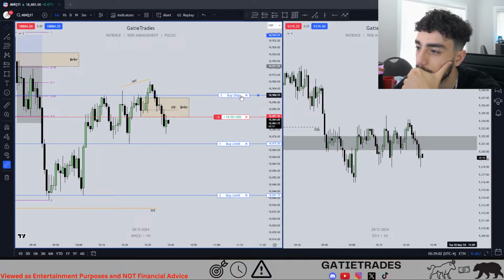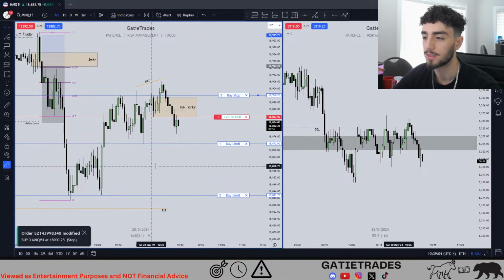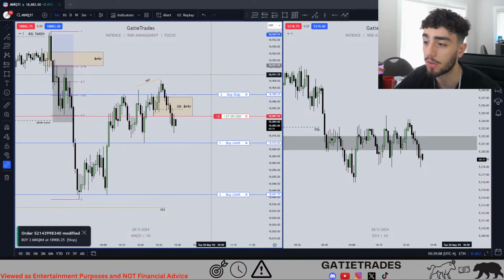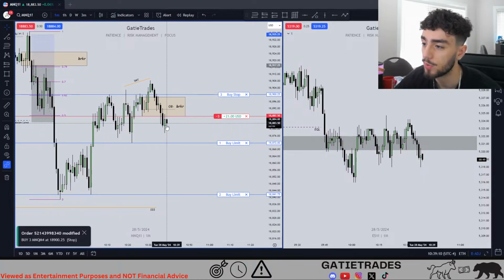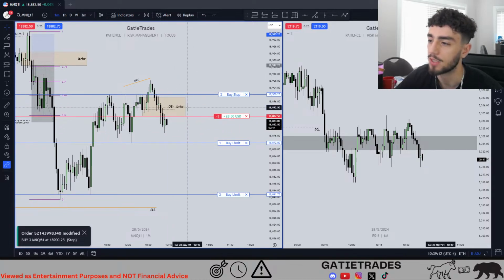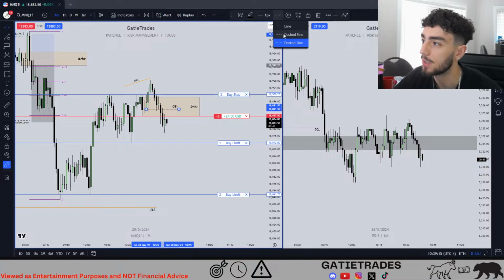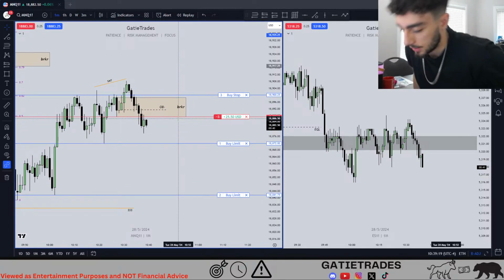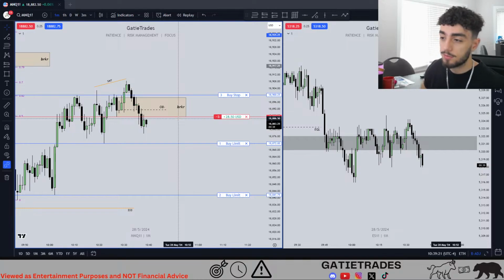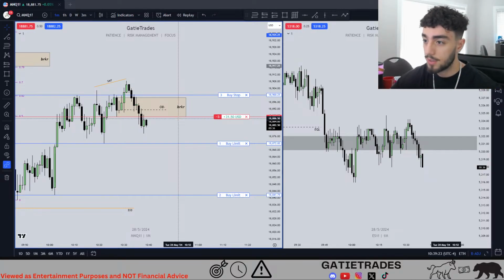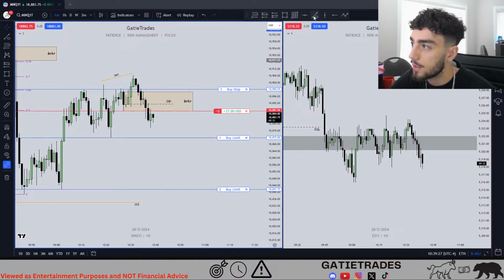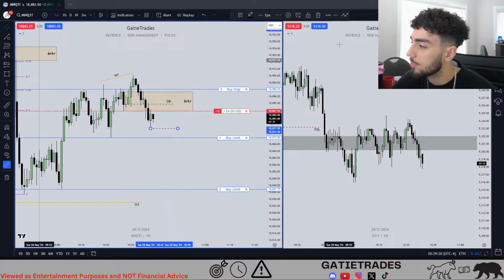Nah, I'm struggling with this. Can't lie. Anyways, this is my first time ever. Hopefully we can close below this candle. Not my first time ever, but my first time in a really long time taking two trades after winning one. I've been very disciplined with that, but we have some circumstances that we can expect to play.